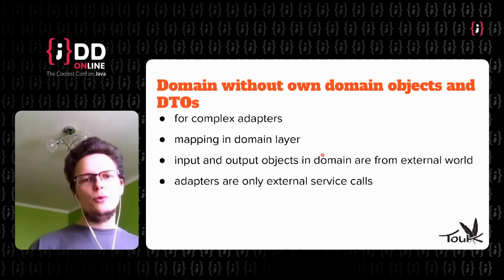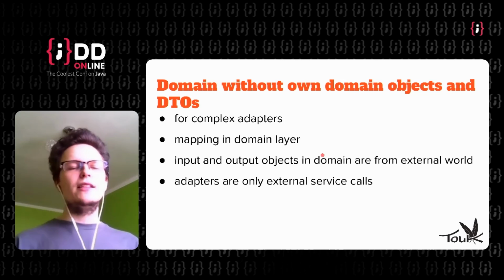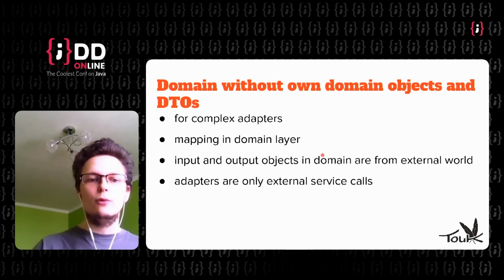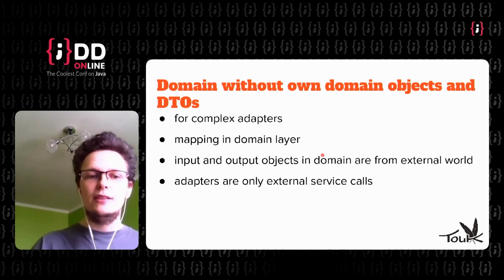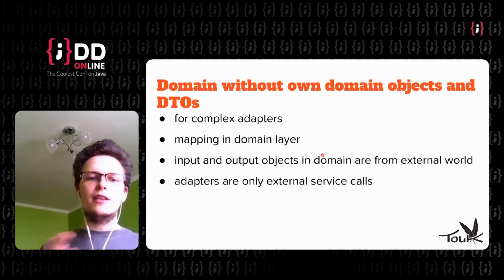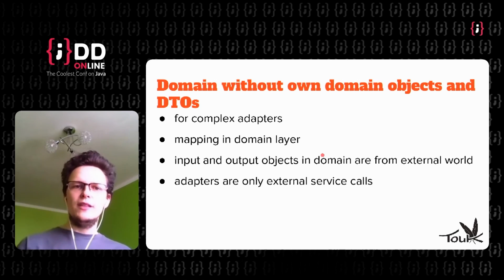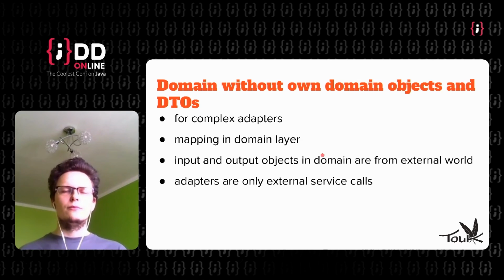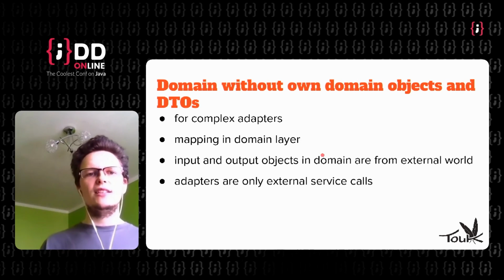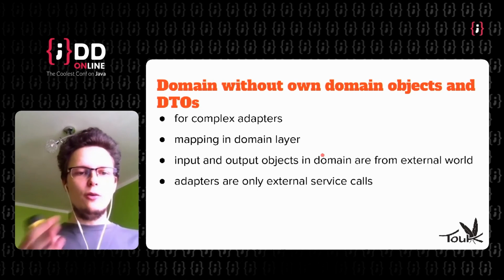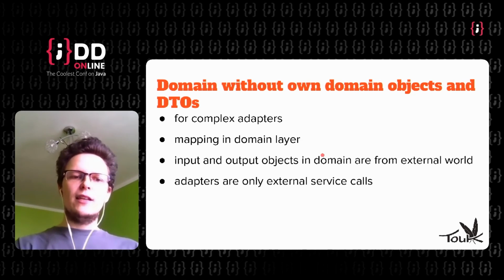And we have to have some better knowledge of how to do this correctly, and especially when this mapping is changing very rapidly. We could do this without defining all the additional DTOs, additional objects in our domain, but use the objects that are provided by the